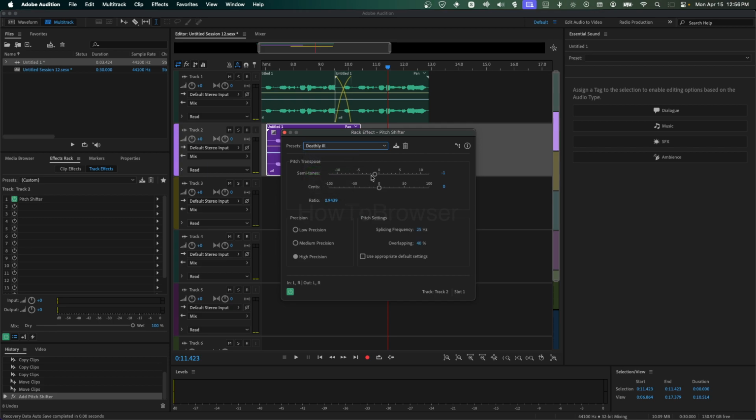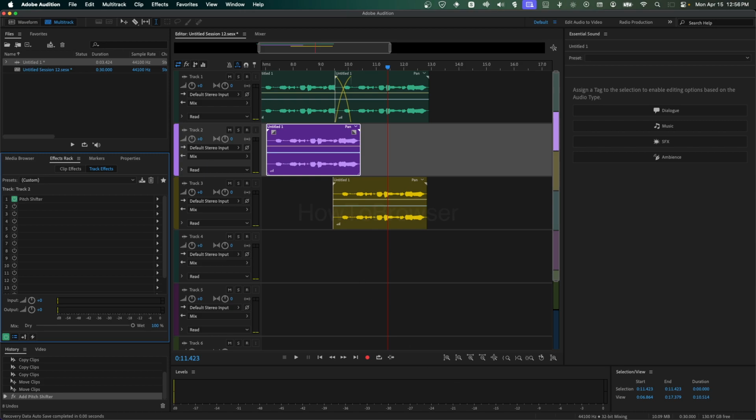You can adjust this the way you want, or you can use some presets. But there's another way. Fewer people are aware of this method,